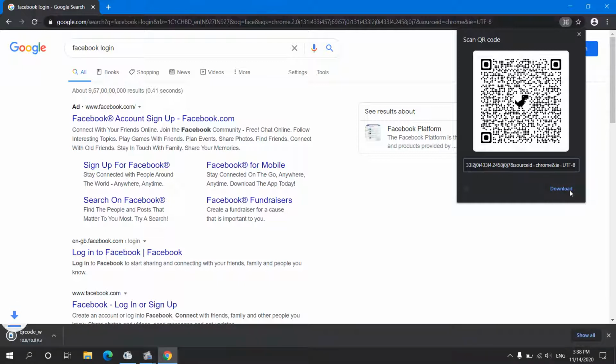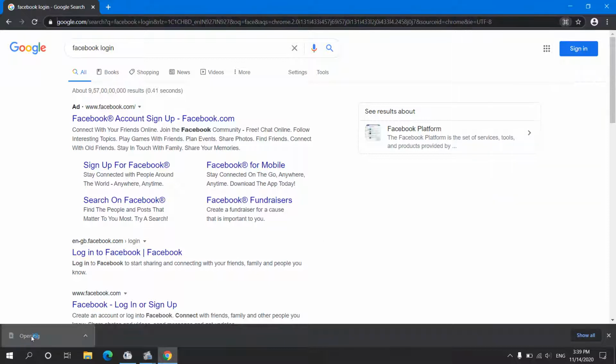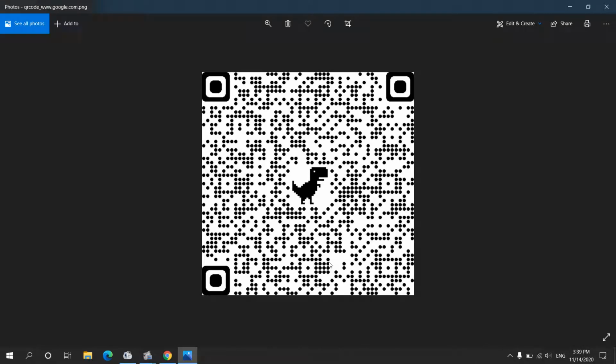There is also an option to download the QR code. So instead of copy pasting the whole link into WhatsApp or within emails, it would look better if you attach this QR code within the emails or send it through WhatsApp. So the person on the other side may be able to scan this QR code, and without any errors he may be able to open that website.